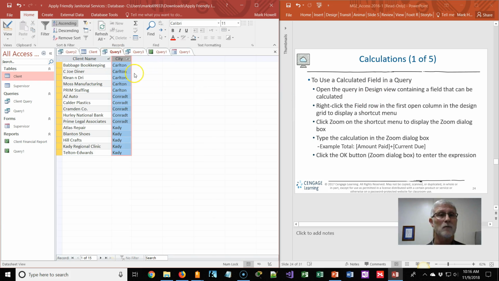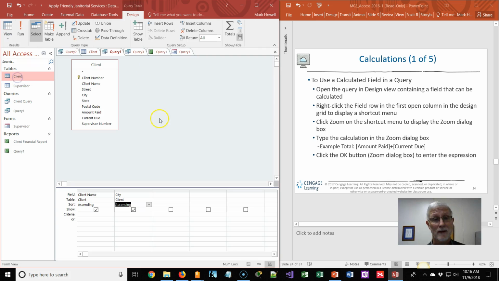Calculations. Let's go back to our query one. Now I've got to go back to the design view. I've got to make sure I've got some kind of field that I can do calculations with. So what do we have here? I don't want to really sort these anymore. Not sorted. But I want to pick something I can do arithmetic with, mathematically. And let's do this. So now I've got a couple of fields that I'm going to show, but now I want to